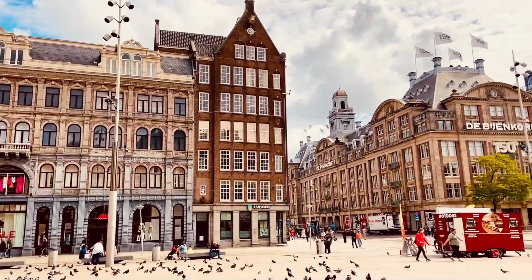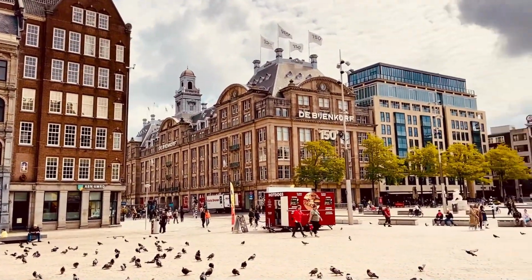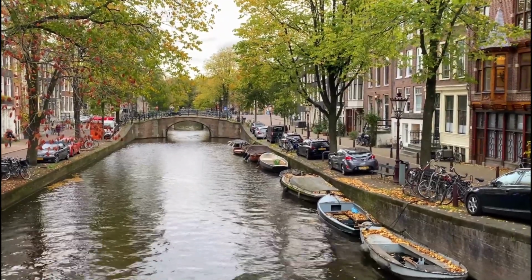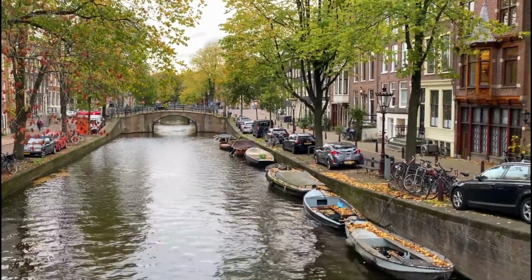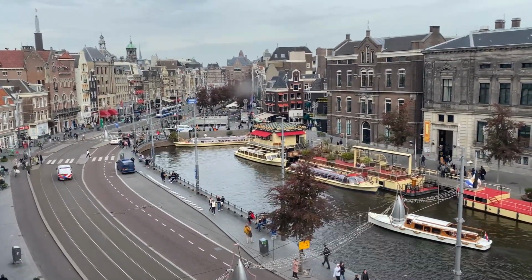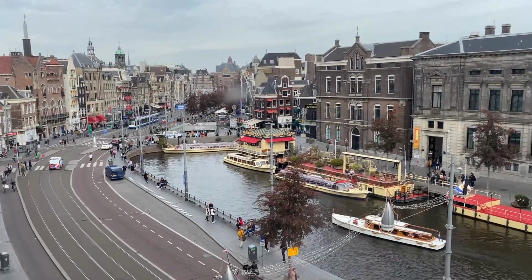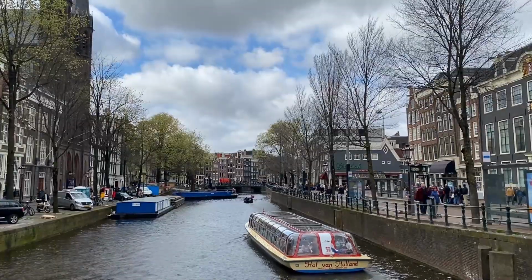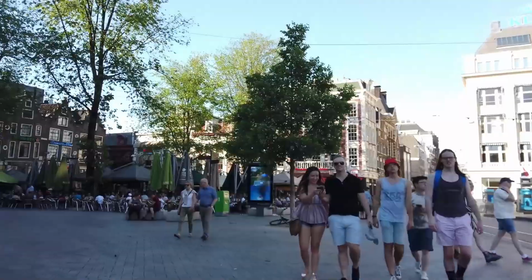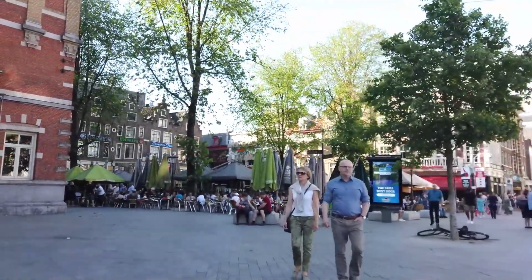Welcome to Amsterdam, one of Europe's most captivating cities. Known for its picturesque canals, stunning architecture, and vibrant culture, Amsterdam is a destination that never fails to impress. From the world-class museums and galleries to the lively bars and restaurants, there's always something to see and do in this city. But Amsterdam is also a place of contrasts, with a fascinating history and a unique mix of traditional